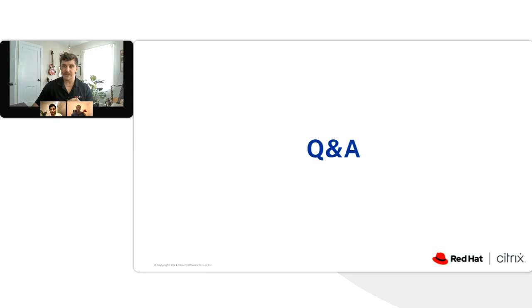Can we use NetScaler with ROSA? Gary, I'm going to pass this one over to you, but just to level set and make sure everybody's on the same page for those that might not be familiar with ROSA. ROSA is Red Hat OpenShift Service on AWS. It is a managed service offering that is offered through the AWS marketplace, where AWS is offering initial first-line support, but you can run essentially OpenShift inside your AWS environment. Gary, maybe you want to take that one first?